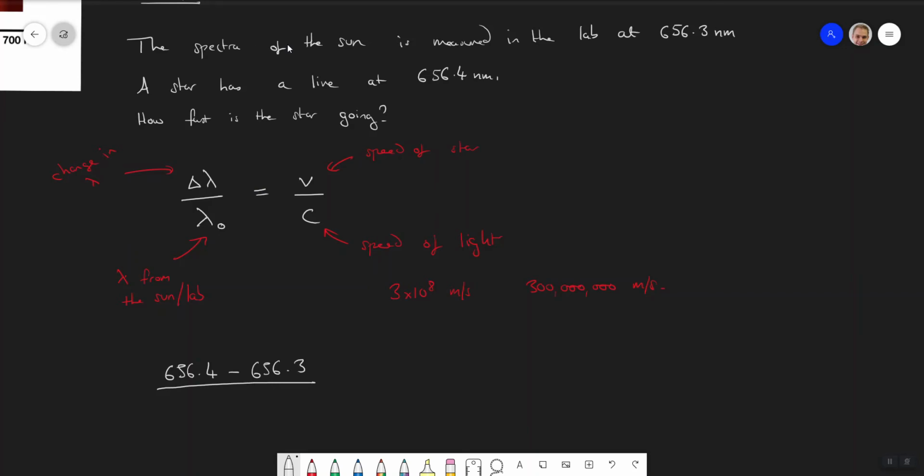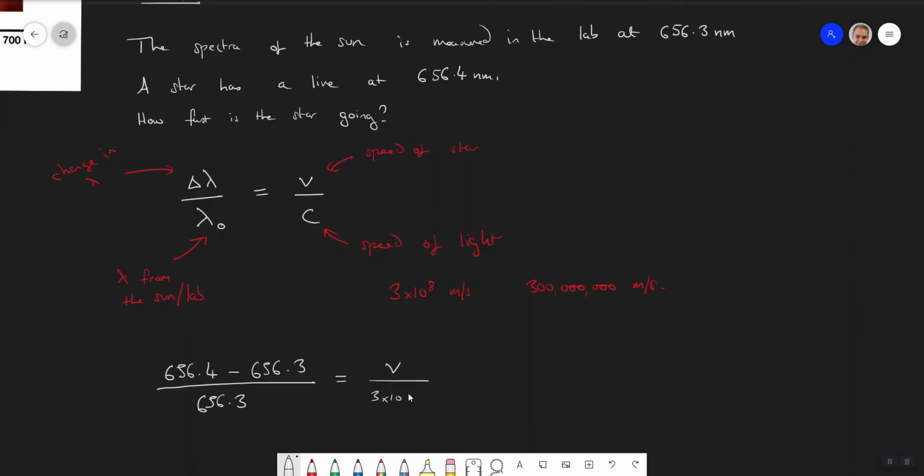It is the one that you've measured from the sun, because you're not moving relative to the sun, or if they say in the lab it's measured at, and so they say 656.3. This is the one we want, is equal to V over